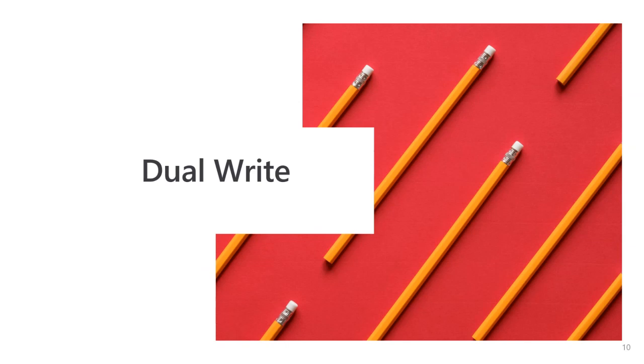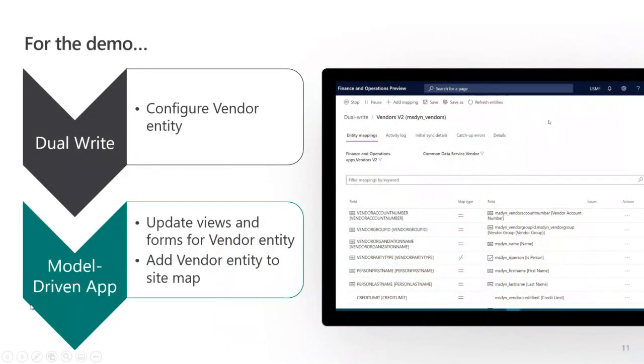So starting out with dualwrite, you saw just one piece that was using dualwrite in my demo today, but I've also got order to cash set up as well, which I didn't show. But in my case, I enabled dualwrite for the vendor entity. It's a native entity that's already mapped out there. It exists in the common data service,